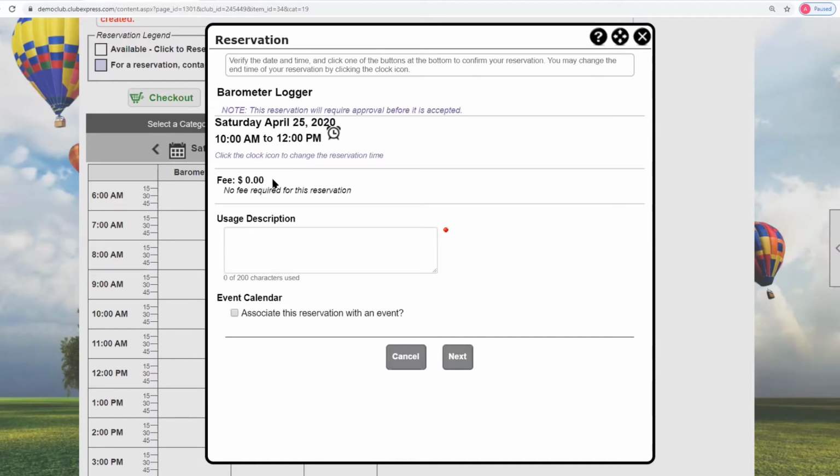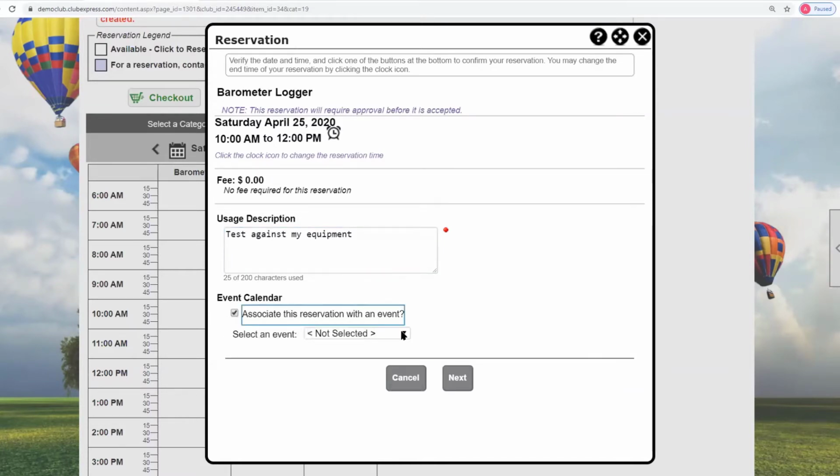Now, there's no fee being charged for this, but there is actually an approval process for this. They're just not going to hand this piece of equipment out until they know that someone actually has a balloon and they're actually going to use it. So what we're going to say the usage description is test against my equipment. And do I want to associate this with an event? And I'm saying, yeah, I want to associate this with an event. And there was an event called instrument training that was already on the calendar. And so if I choose next,